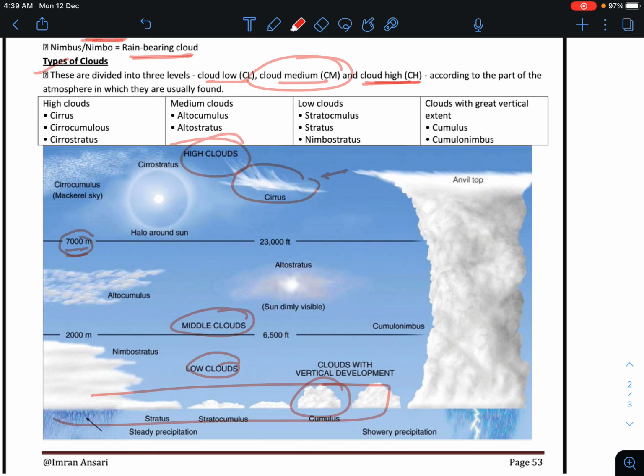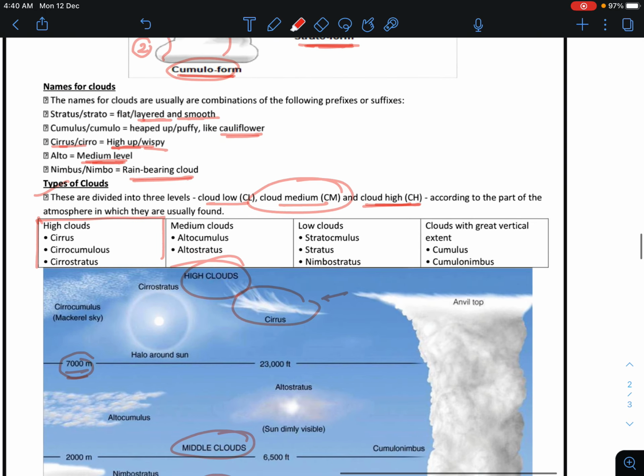So this is actually divided into three parts, and there is a combination. The names of the clouds are usually a combination of the following prefix and suffix. It is very important to note that the names of the cloud are usually a combination of the prefix and the suffix. In short form, for strato we used to write